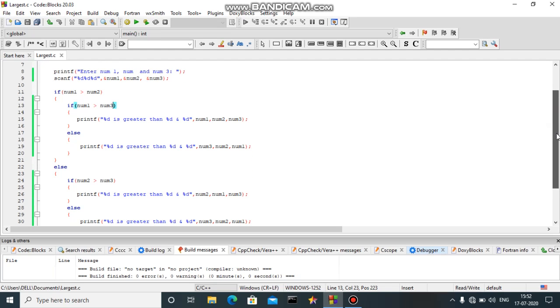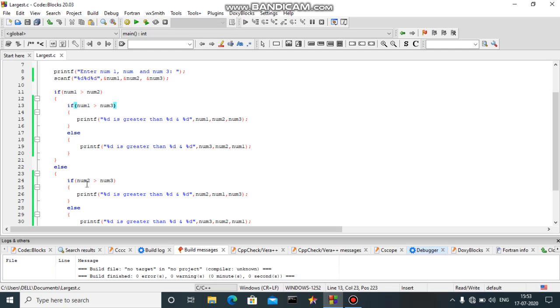But what if this condition is false? If this condition is false, this means the value of number 2 is greater than number 1. So for now, number 2 is greater. Then moving towards the else block, we will check if number 2 is also greater than number 3.